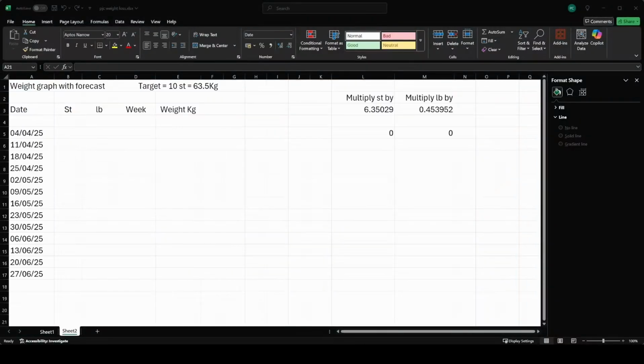Something I forgot to mention is that when you put the dates in, if you just put them in every single week but you haven't attended every single week, then of course you're going to go out of sync between the actual date and what you weighed. This may or may not be important, but you can always just go through and delete the lines, say number 6 and number 10, something like that. Delete those from the spreadsheet